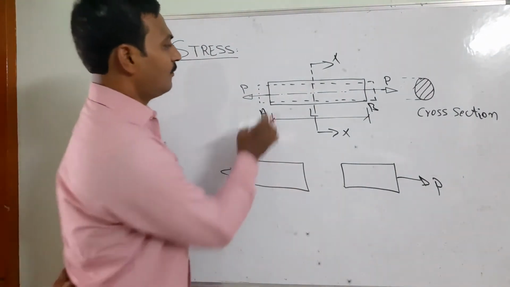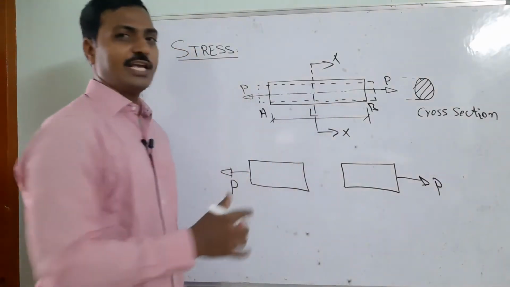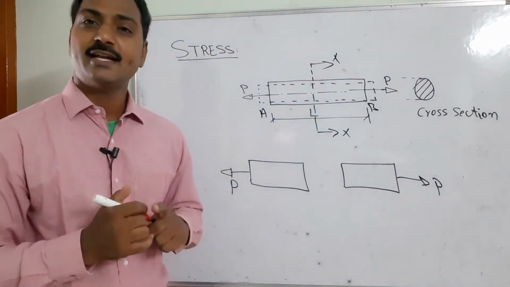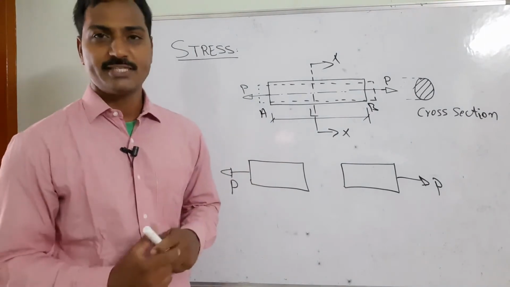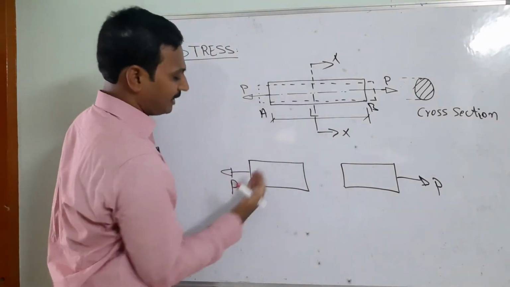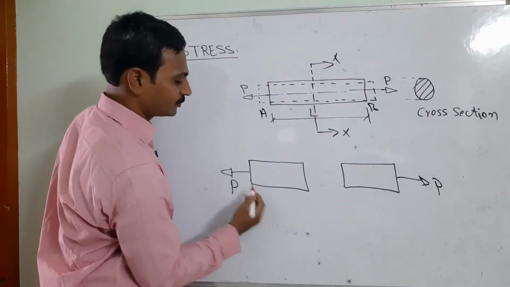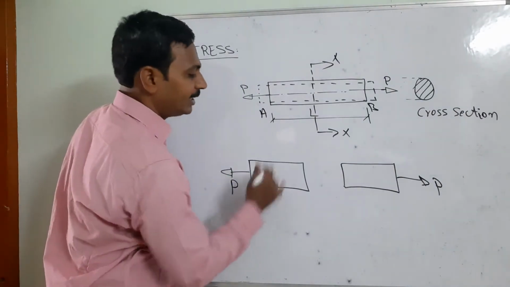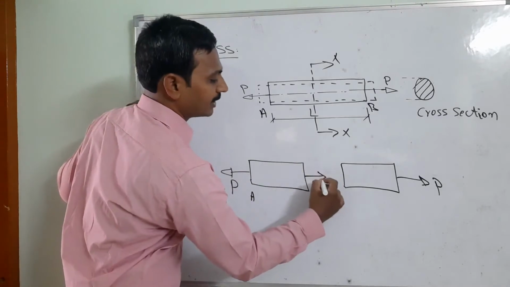When we apply the load at the initial stage, the member does not keep elongating. It means that some internal forces are being generated. So what will happen when I separate the parts? The force is acting on the member, suppose at A here. Then the internal forces I'm going to show over here in this direction.